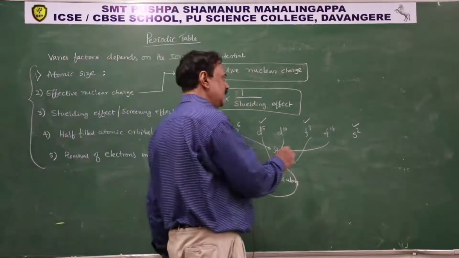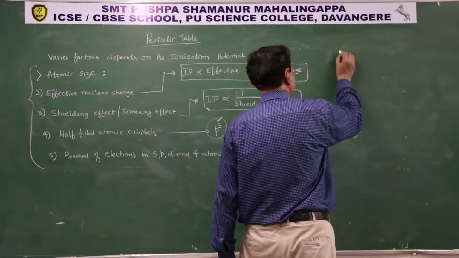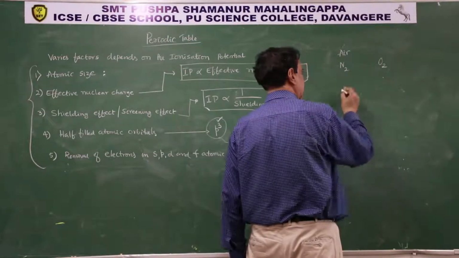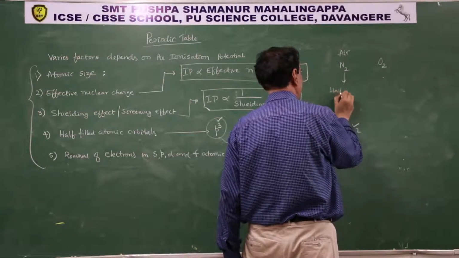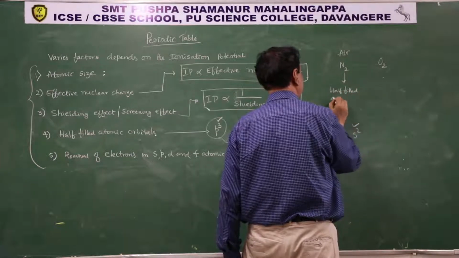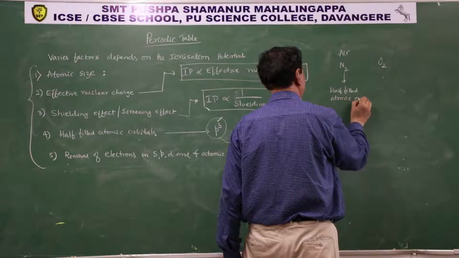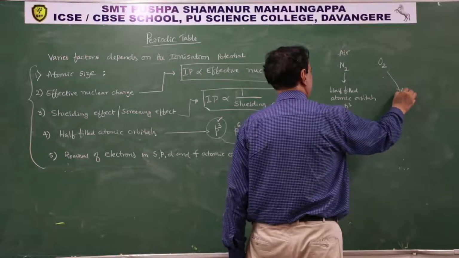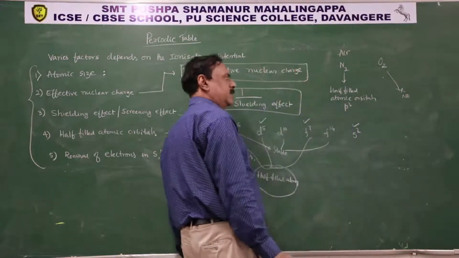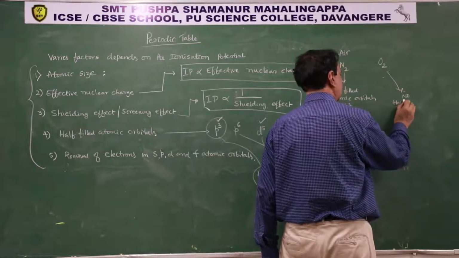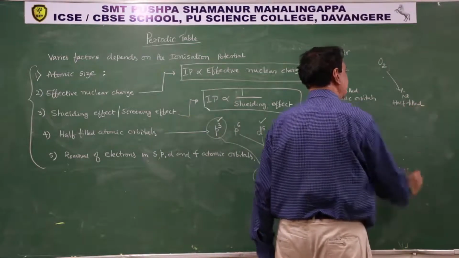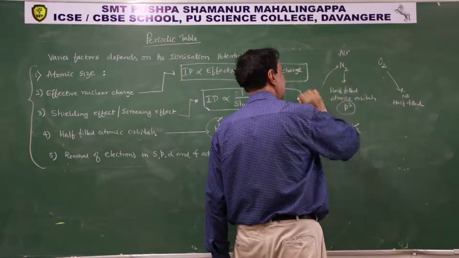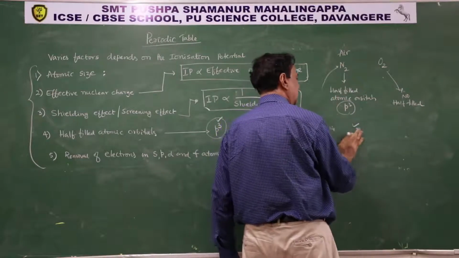For example, you know that air is a homogeneous mixture of nitrogen and oxygen. Nitrogen has a half-filled atomic orbital. That is the p3 configuration. Oxygen has no half-filled atomic orbitals. Now, because of this half-filled atomic orbital in case of nitrogen,